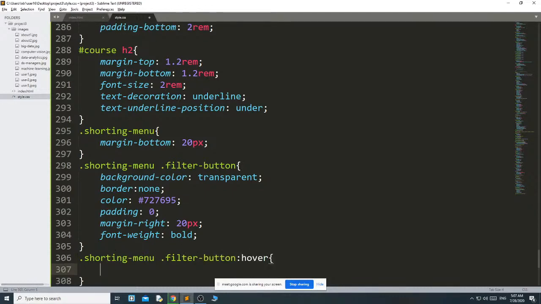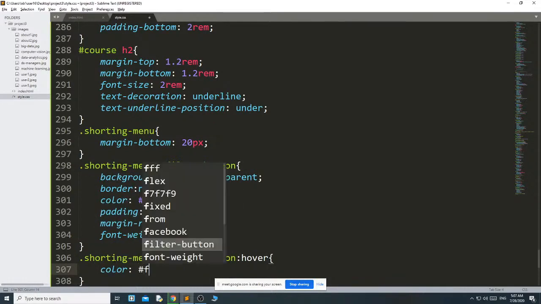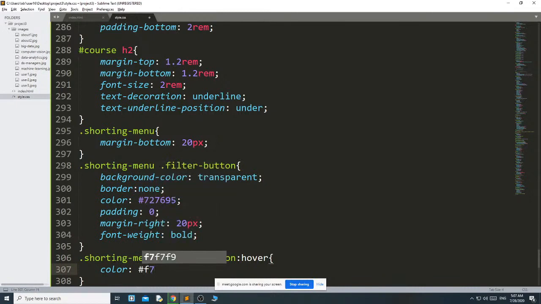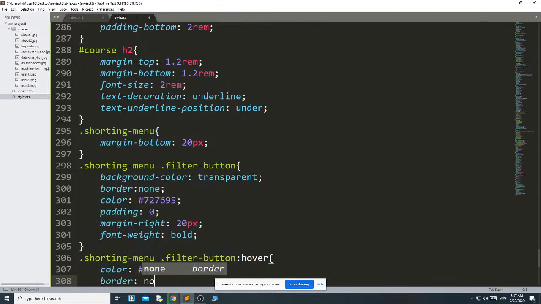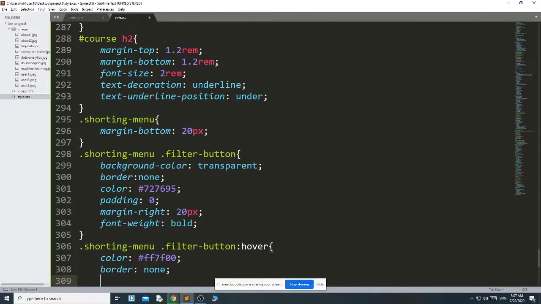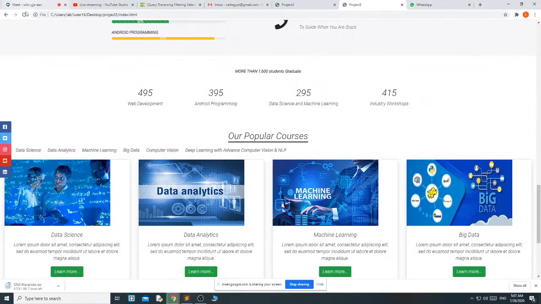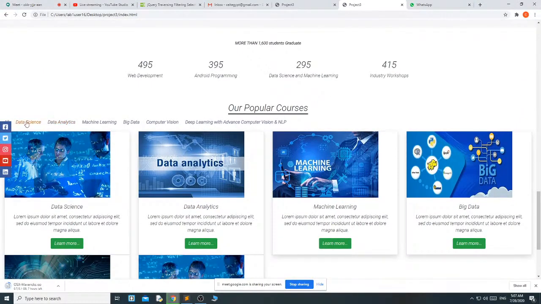When you hover your mouse, the color will get changed to F7F00, and I don't want any border, none, then outline none. What happened? See, you can see that the color got changed.